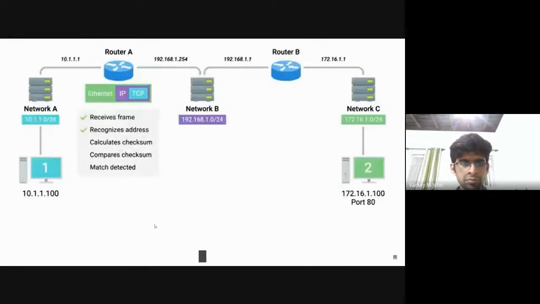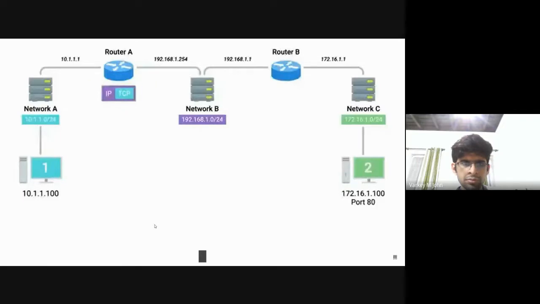as the destination. Router A knows that this frame is intended for itself, so it now takes the entirety of the frame and calculates a checksum against it. Router A compares this checksum with the one in the Ethernet frame header and sees that they match, meaning all of the data has made it in one piece. Next, router A strips away the Ethernet frame, leaving it with just the IP datagram. Again, it performs a checksum calculation against the entire datagram, and again, it finds that it matches, meaning all the